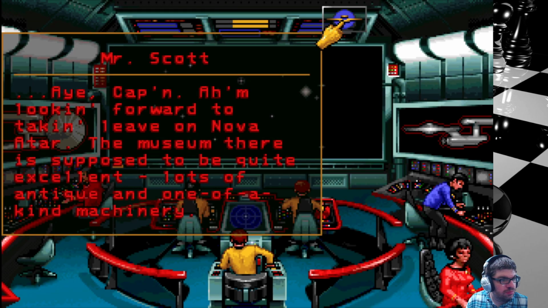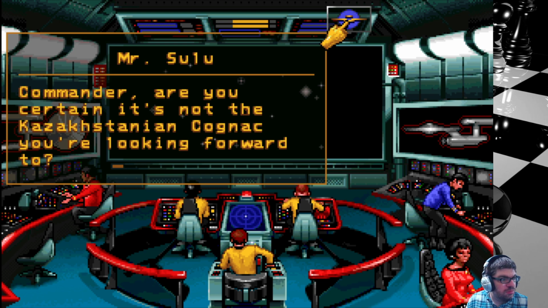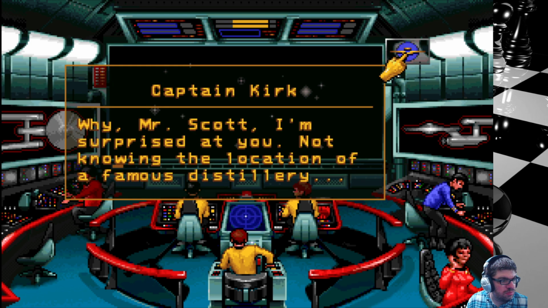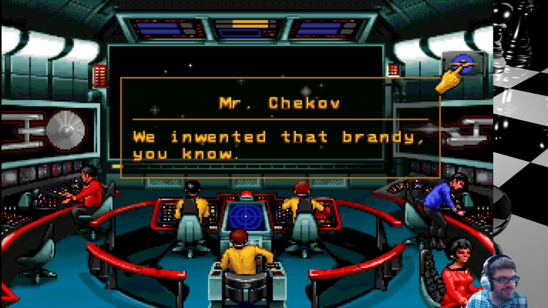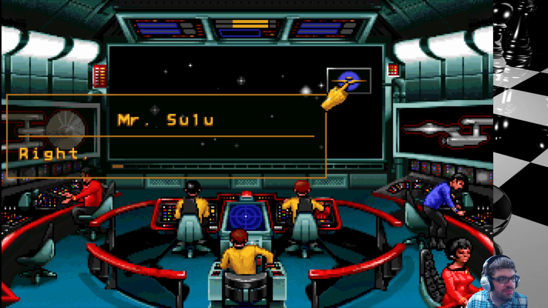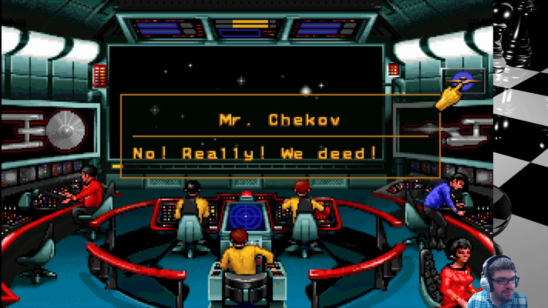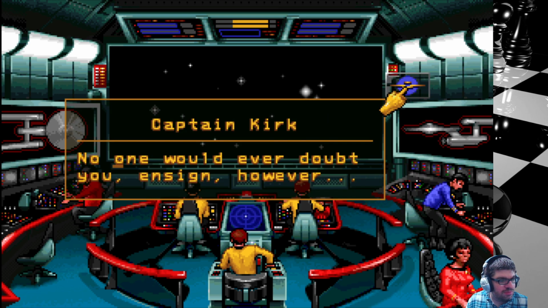Aye, Captain, I'm looking forward to taking leave on Nova Atar. The museum there is supposed to be quite excellent. Lots of antique and one-of-a-kind machinery. Commander, are you certain it's not the Kazakhstanian cognac you're looking forward to? Do they make that there, laddie? I don't know. Why, Mr. Scott, I'm surprised at you, not knowing the location of a famous distillery. We invented that brandy, you know. Right. Of course you did. No, really. We did. No one would ever doubt you, Ensign, however...